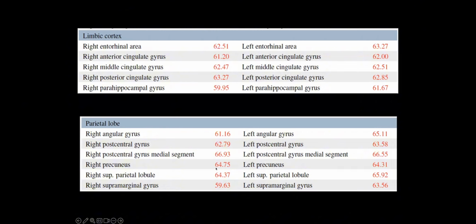The precuneus, again, another important area affected by Alzheimer's disease, is a solid decade older on both sides compared to this individual's chronological age. And this individual did have a traumatic event with a motor vehicle collision. And so to see this accelerated aging is super important because it suggests that this person is at a future higher risk of Alzheimer's disease, because Alzheimer's disease is subsumed in its risk by aging, and this individual clearly has accelerated brain aging, particularly in areas that we know based on the neuropathological literature are vulnerable to Alzheimer's disease.